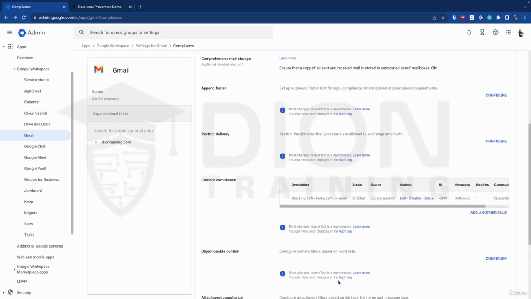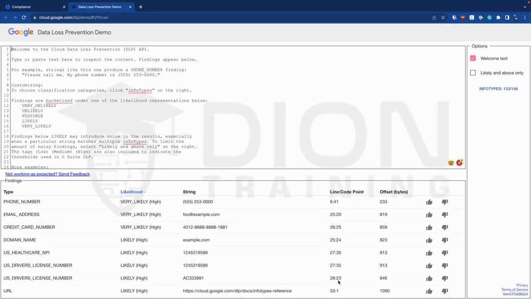Now, the last thing I want to bring up is this thing called the data loss prevention demo that Google gives you access to inside of your account. In here, you actually can see a sample email message up top. Notice we have the welcome text and it's all this information. At the bottom, we have what they call the findings. So using this sample, we can see on line 5, for example, strings like this one produce a phone number finding. Please call me. My phone number is